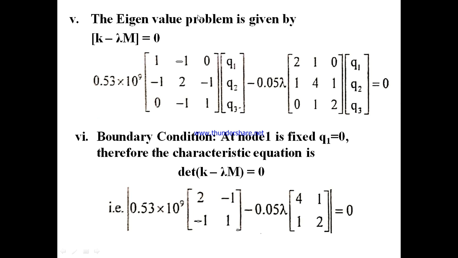Fine. So the eigenvalue problem is given by k minus lambda m is equal to 0. I told you how we got this equation. We got it from the motion equation, m x double dot plus k x is equal to 0. From there we took this k minus lambda m is equal to 0. Okay, so I know the k value. I substitute the k value here, and